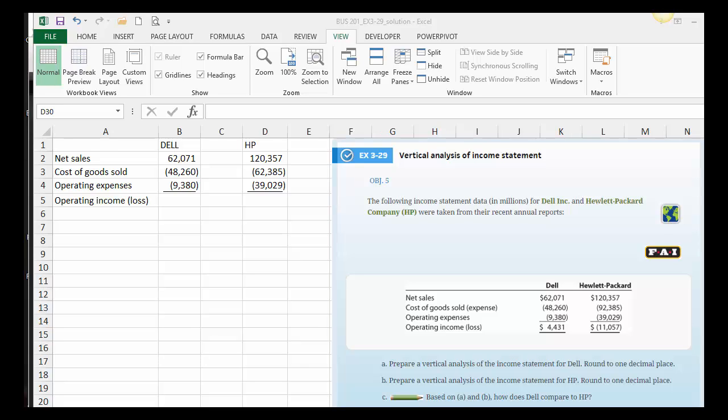Hello Business 201. This video demonstrates a solution to exercise 329, which deals with vertical analysis of information on income statements. In this case, we are examining the income statements of the Dell Computer Corporation and the Hewlett-Packard Corporation, two manufacturers of computer systems. As you can see from the net sales, Hewlett-Packard is just about twice the size of